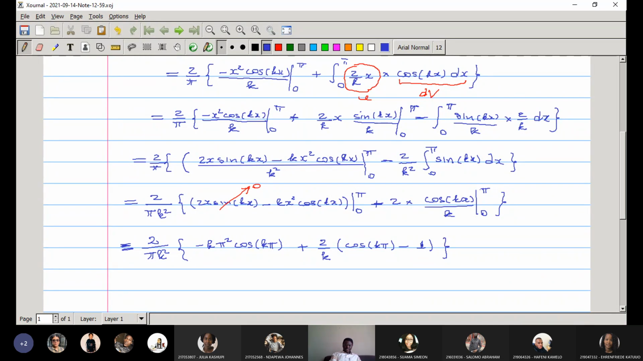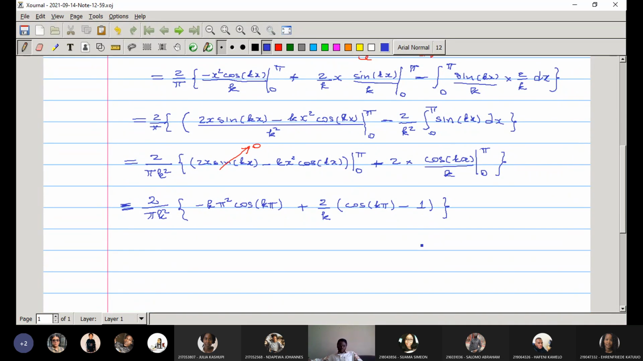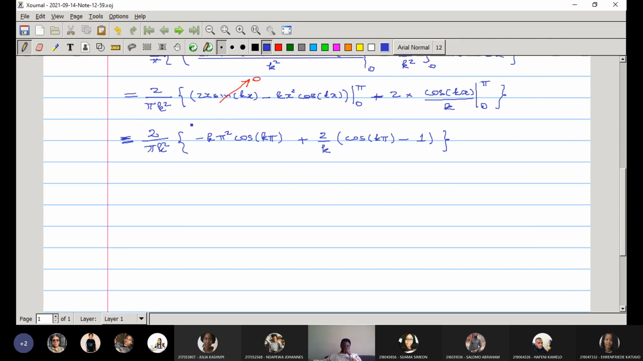So this is what we have at this stage, right? But I'm not done. I need to simplify this. So this one, 2 by k, 2 by pi k squared. Now here inside,